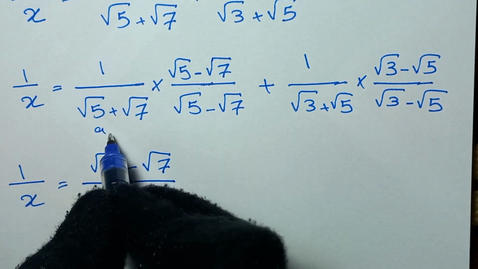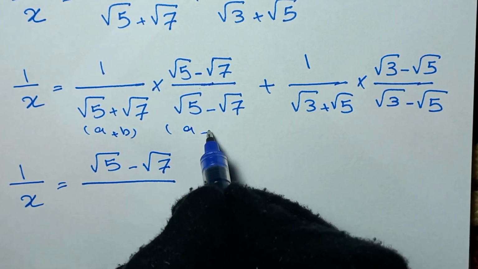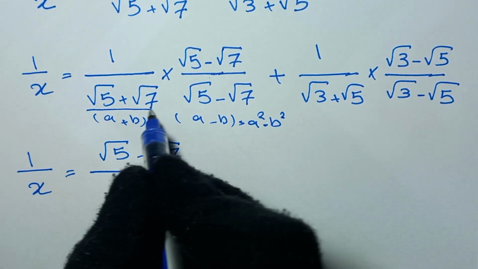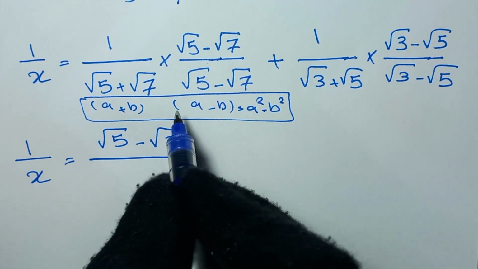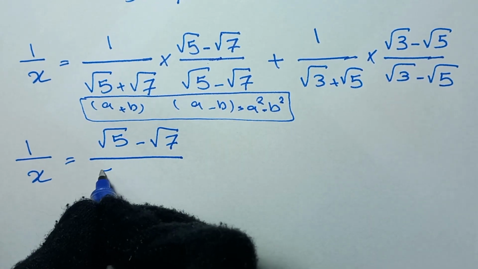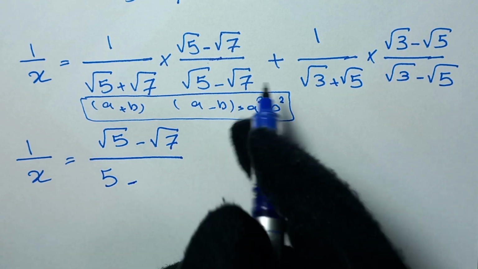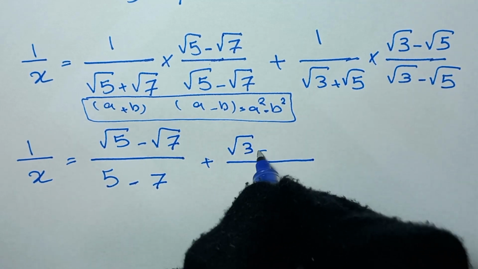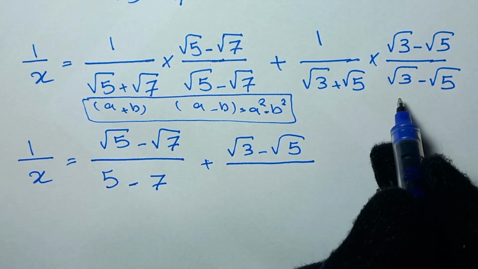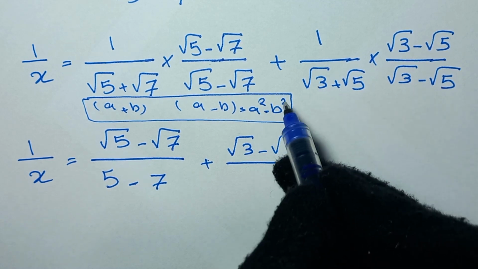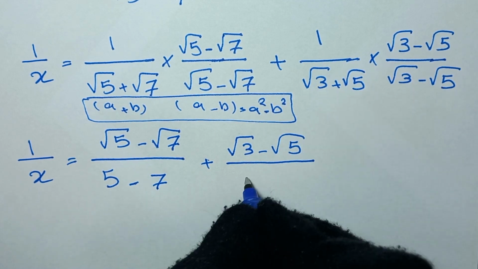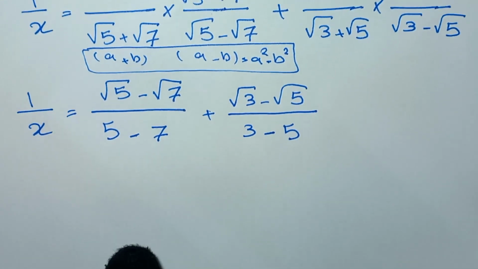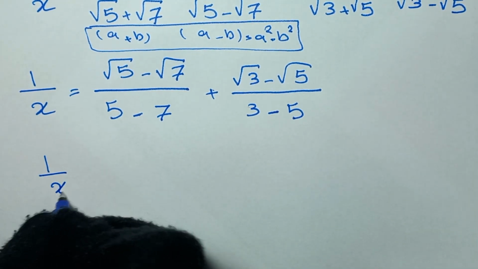and in here this times this will be a plus b times a minus b, right? And this is equal to a square minus b square. So it will be square root of 5 square, it will be 5, minus b square, square root of 7 square, it will be 7. Also for this it will be square root of 3 minus square root of 5 and for the denominator it will be a square minus b square. So square root of 3 square it will be 3 minus square root of 5 square it will be 5 and it will be 1 over x is equal to